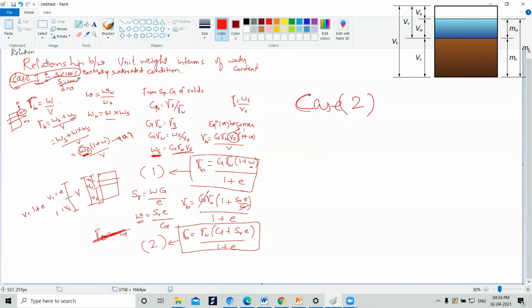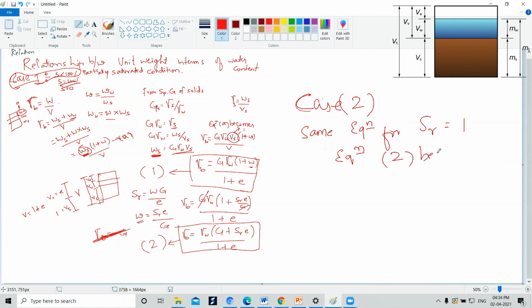S is equal to 100 percent, meaning S is equal to 1, we say. So in case number 2, if you are putting the same equation, the equation has to be the same. The same equation for fully saturated. If I am taking SR is equal to 1, then my equation number 2 becomes